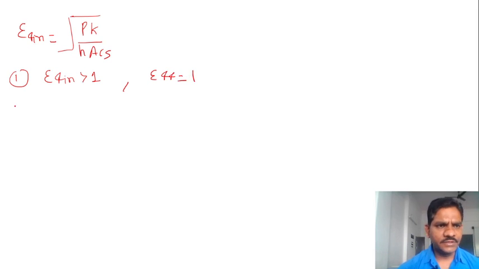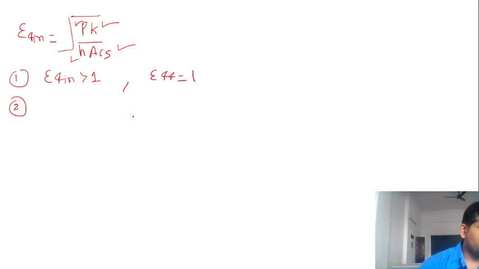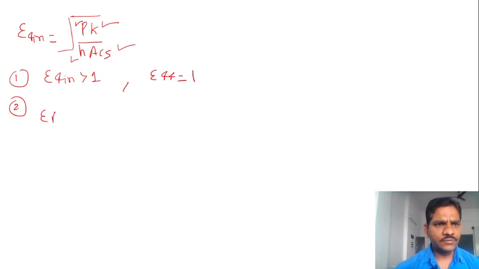So if you observe here, the effectiveness depends upon the perimeter, the thermal conductivity, the heat transfer coefficient, and the cross sectional area of the fin also. Yes or no? Yes guys. So if you observe here, the effectiveness of a fin increases if